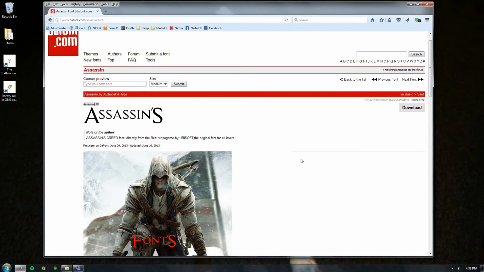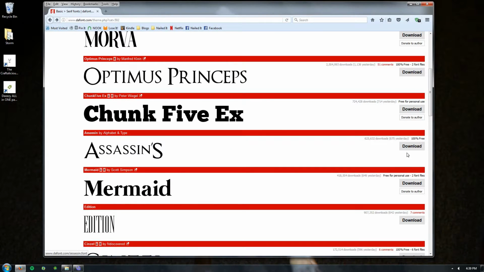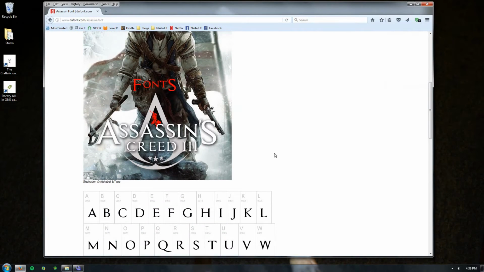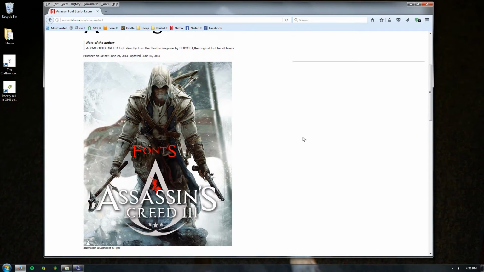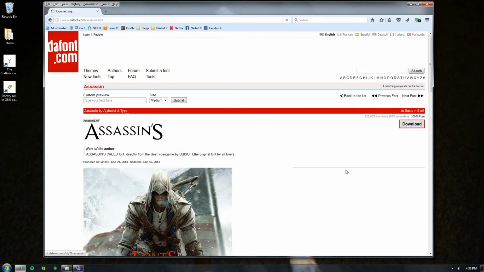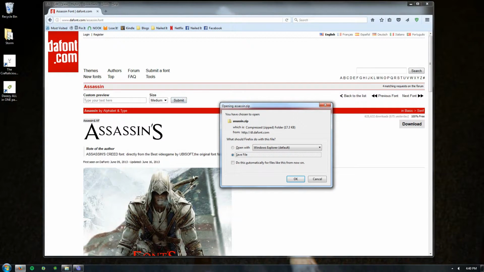Everything here looks good to me. You can download the font directly from this link right here, or if you click on that to check out what's inside the font file, there is another download link up here right at the top. So I'm going to click that, and hopefully you